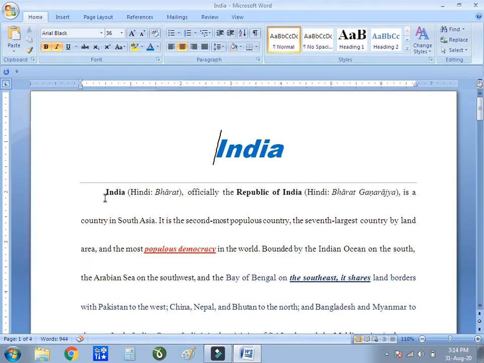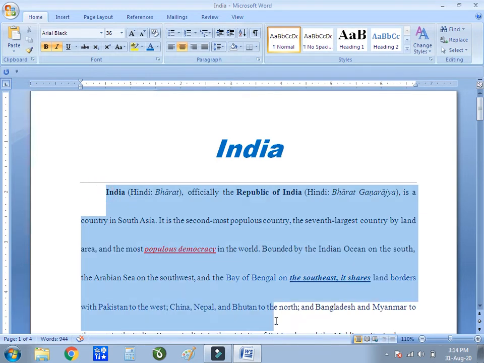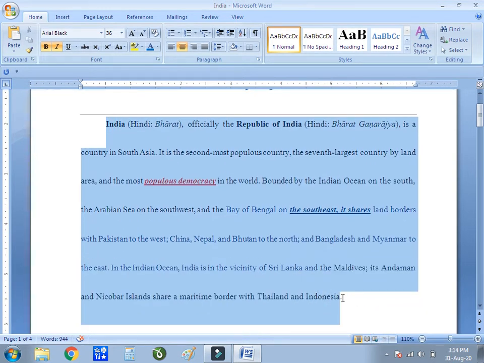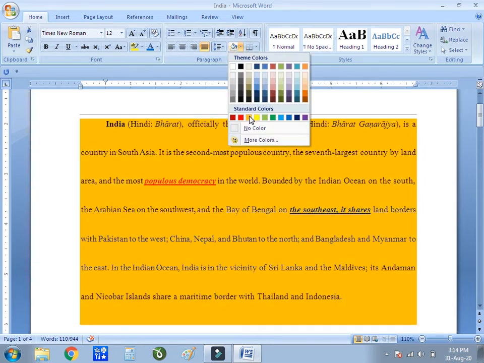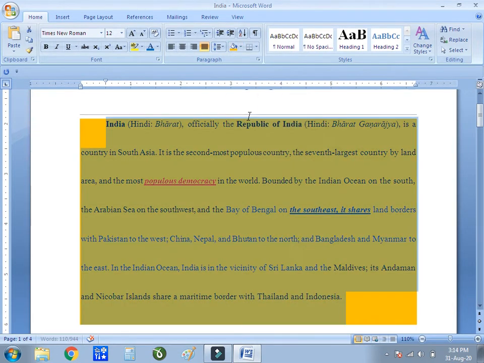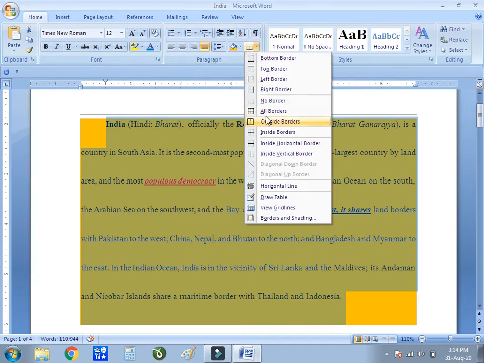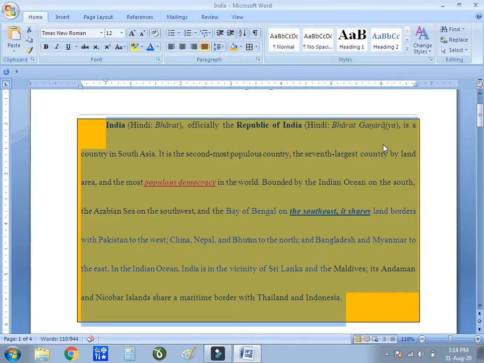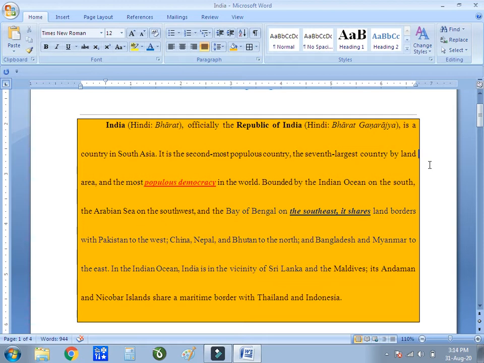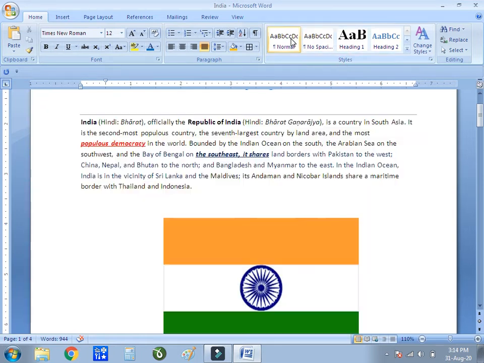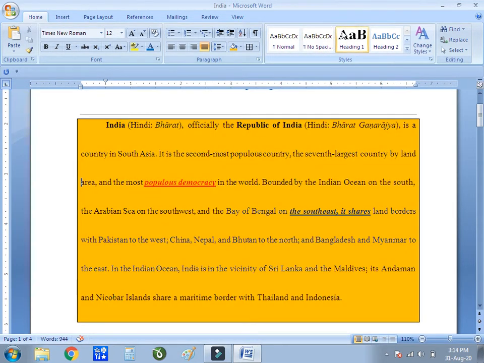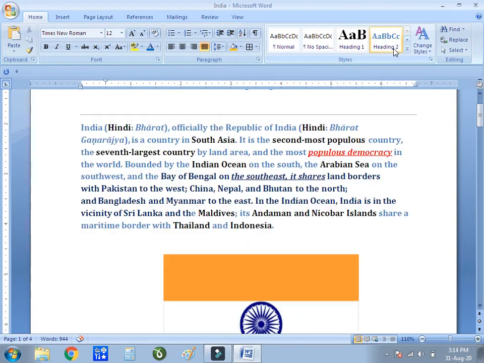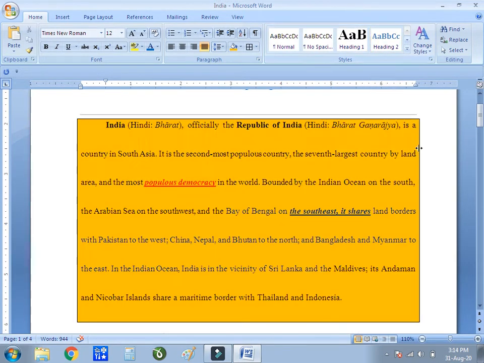Then next, if I want to change the background of the particular paragraph, it is white right now. If I want to change it into some color, I can go to this option and choose a color from this, or I can make it a border from these options like no border and different types of border. So I can do these paragraph modifications with the help of these options. Now if I want to change the style of my paragraph, from different styles like this, with the help of these styles you can change the style of your paragraph.